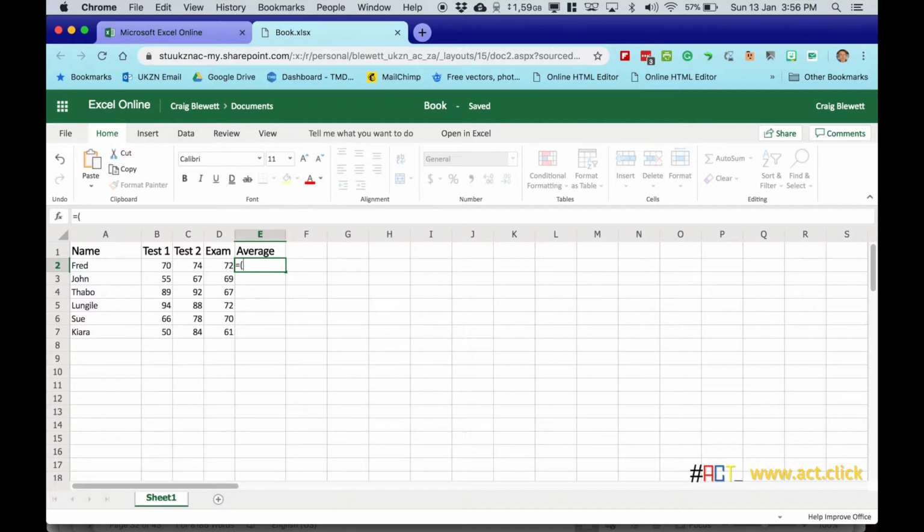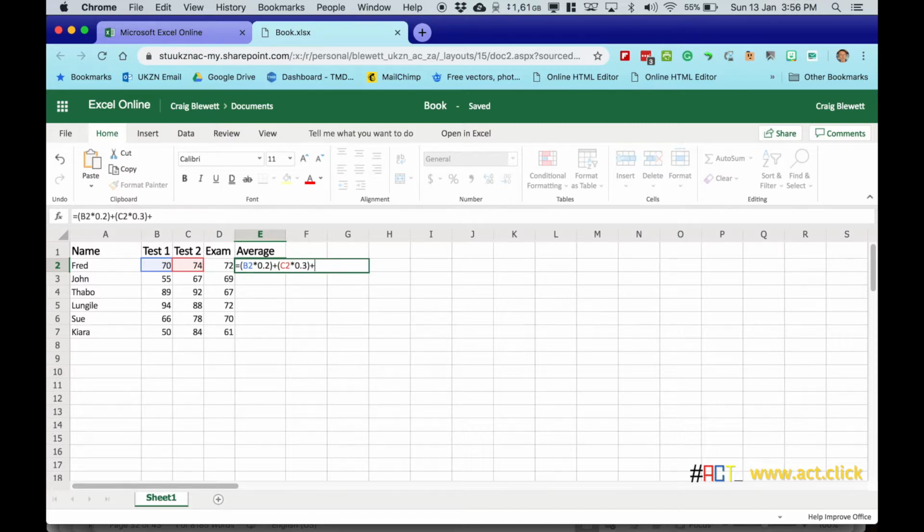So we're going to open with brackets and say I want the first cell, which is B2, and this test counted only 20%. So multiply, the multiply sign in Excel is your asterisk or your star, multiplied by 0.2. Then I would like to add to that, so just press add, open my brackets, the next one, which is test 2. So I selected it's cell C2, and this one counts 30%, so multiply by 0.3, close the brackets